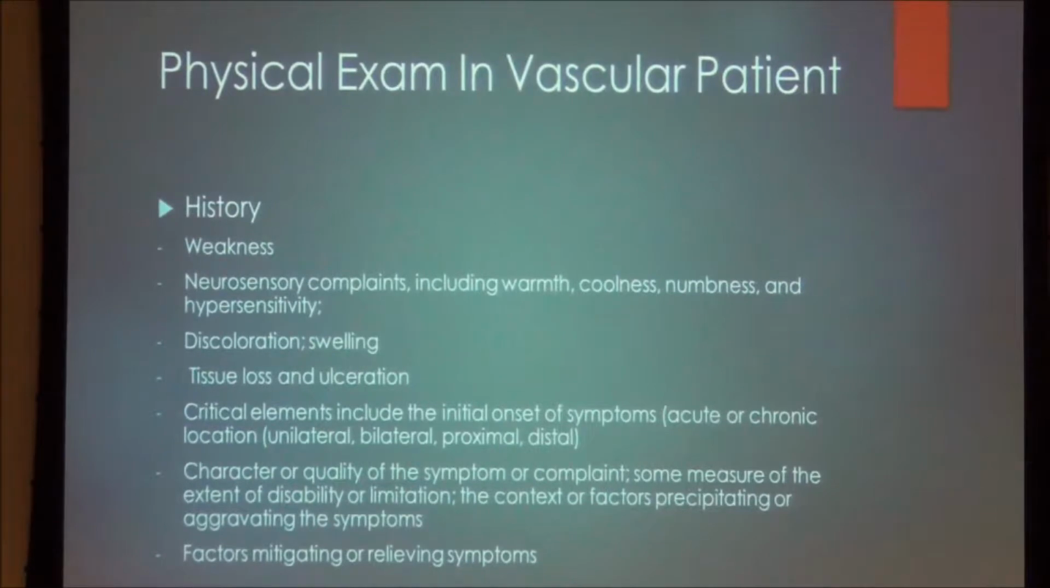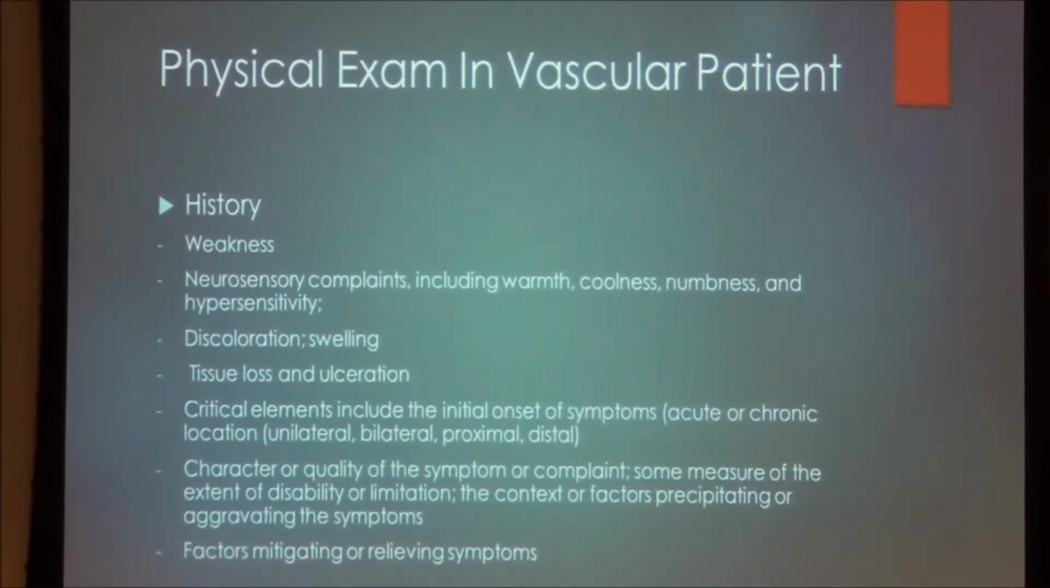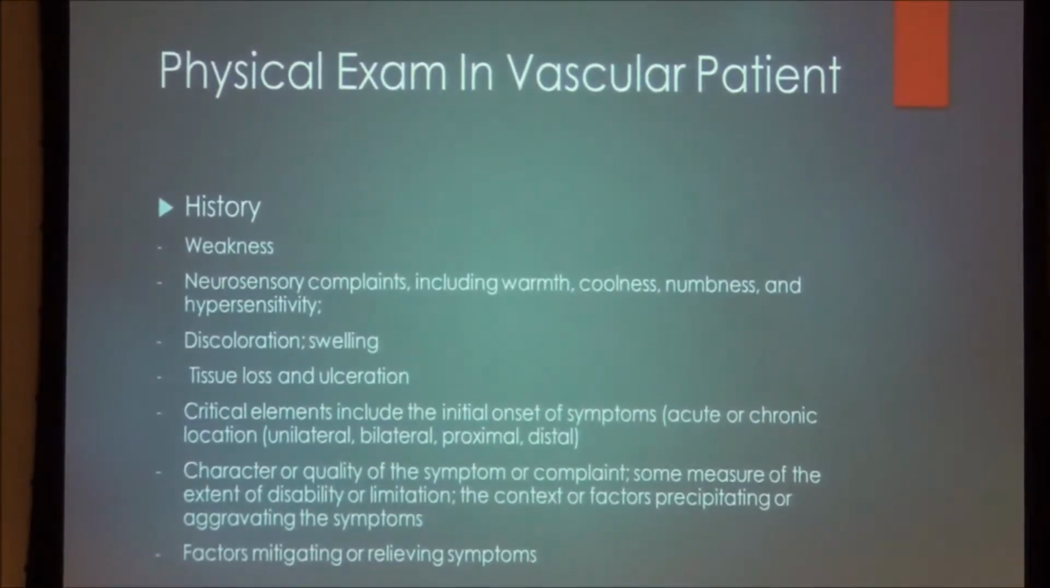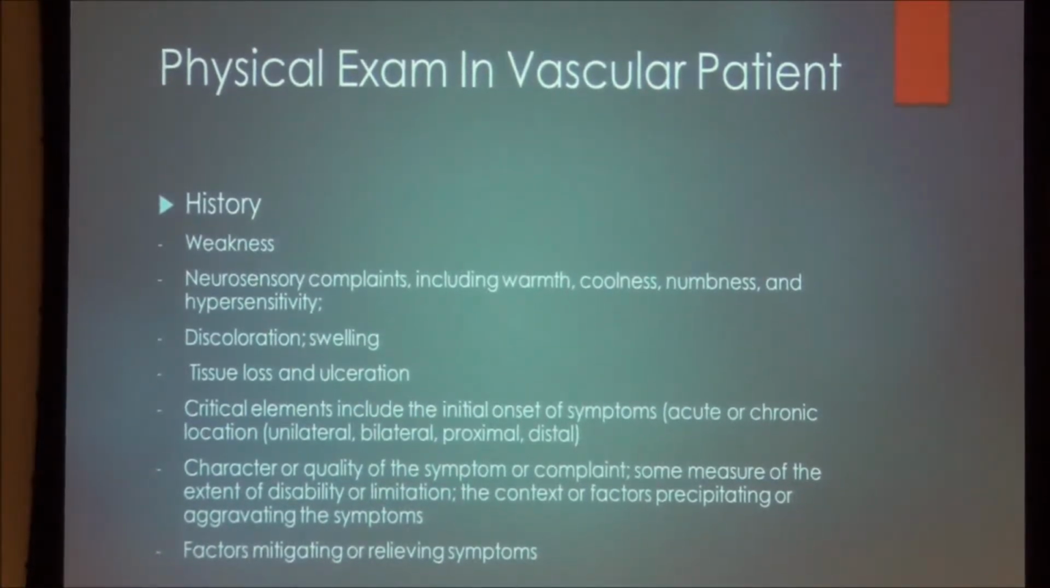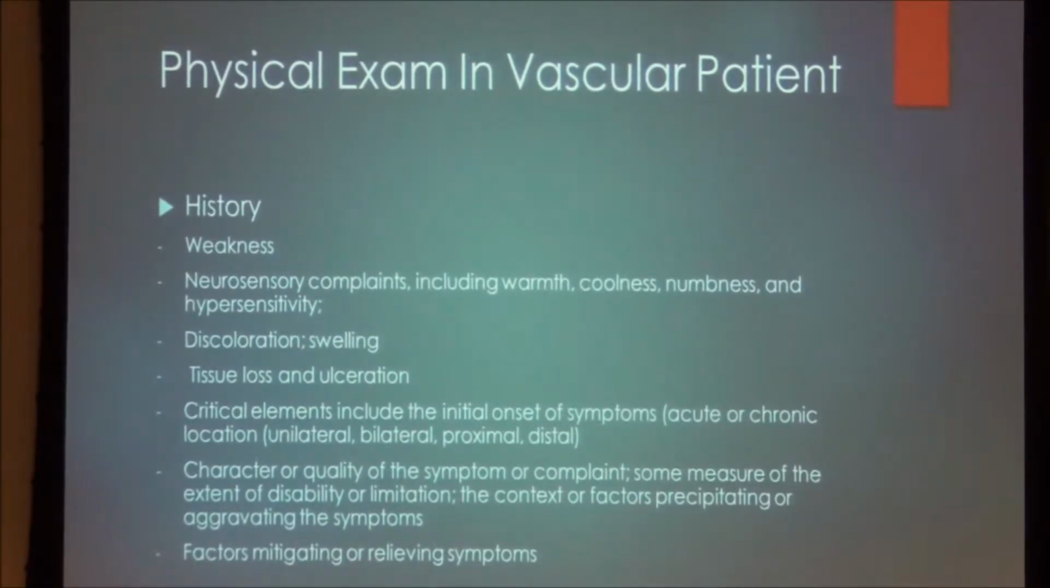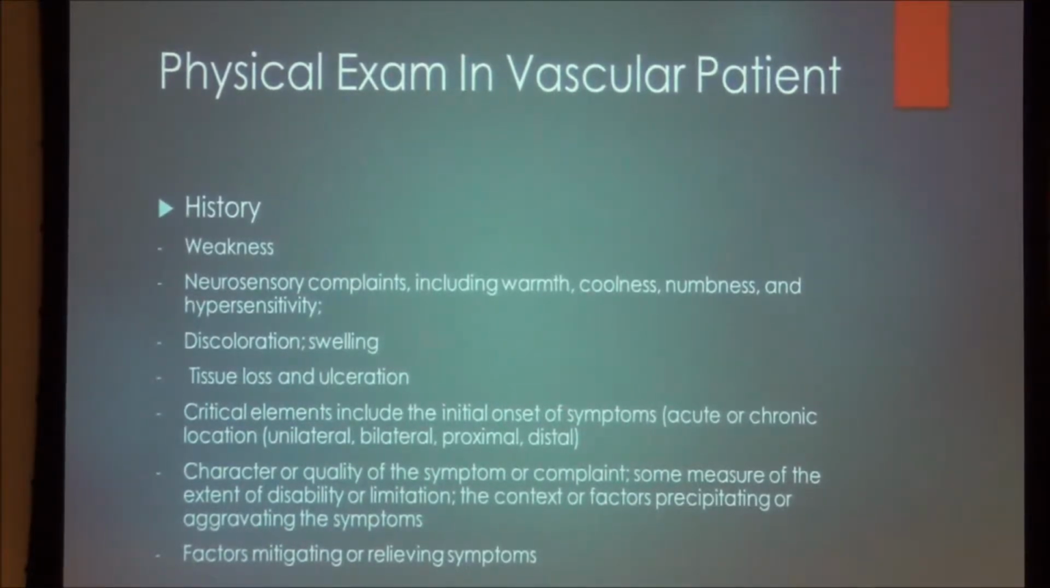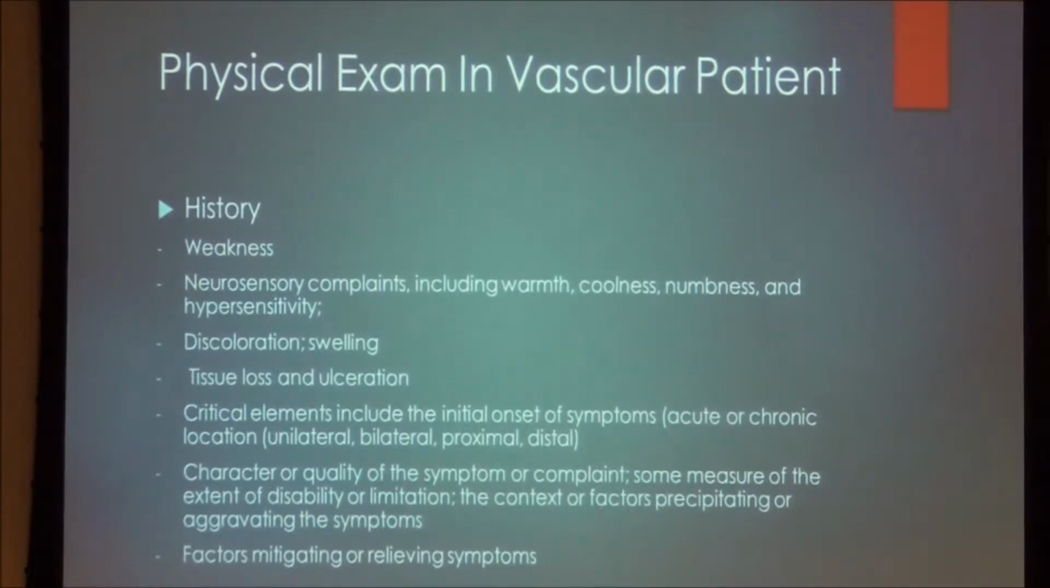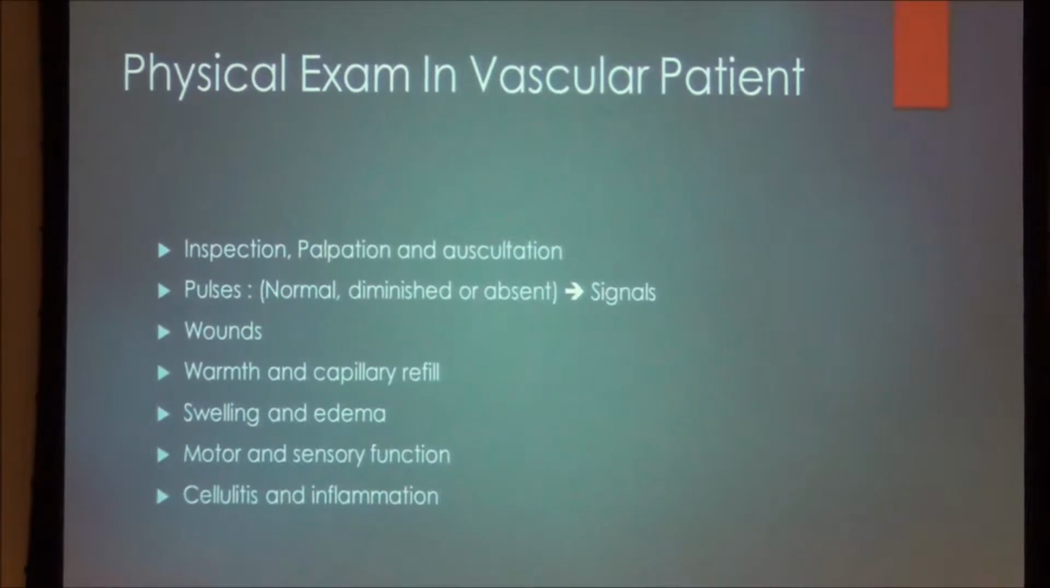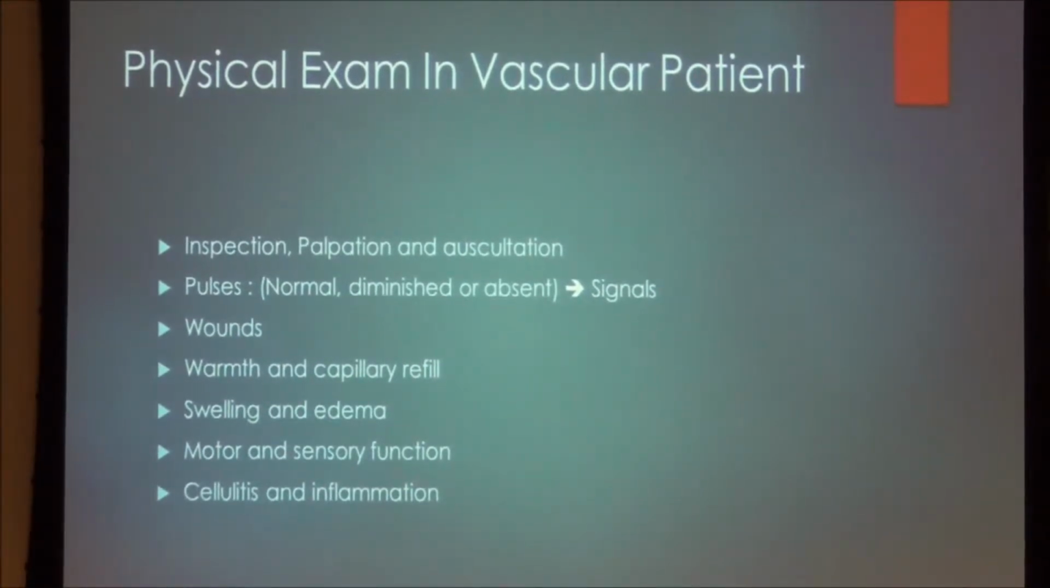Also, initial onset of symptoms, if they are acute or chronic, or they have symptoms on both sides, or if it's unilateral, proximal or distal, and also the quality of the symptoms, and if there's any factor that will mitigate or relieve the symptoms. Also, in the physical exam, we need to check pulses. Always look for pulses. If you can't find it,